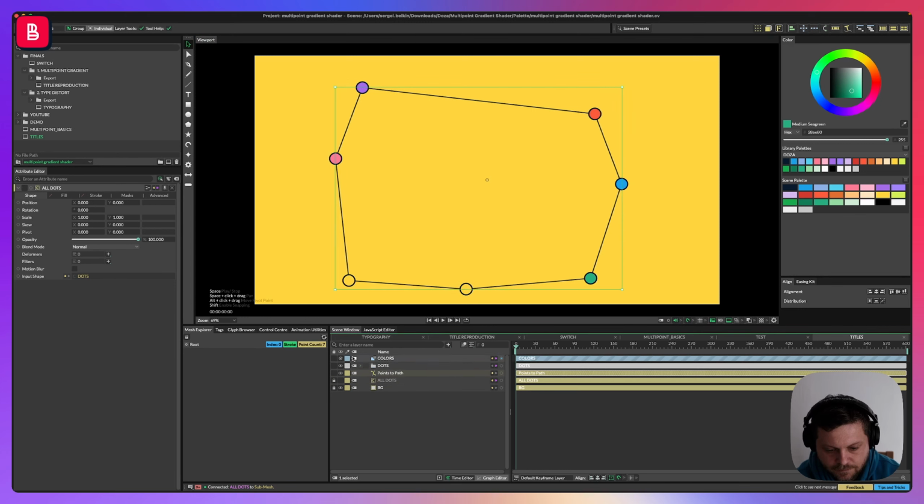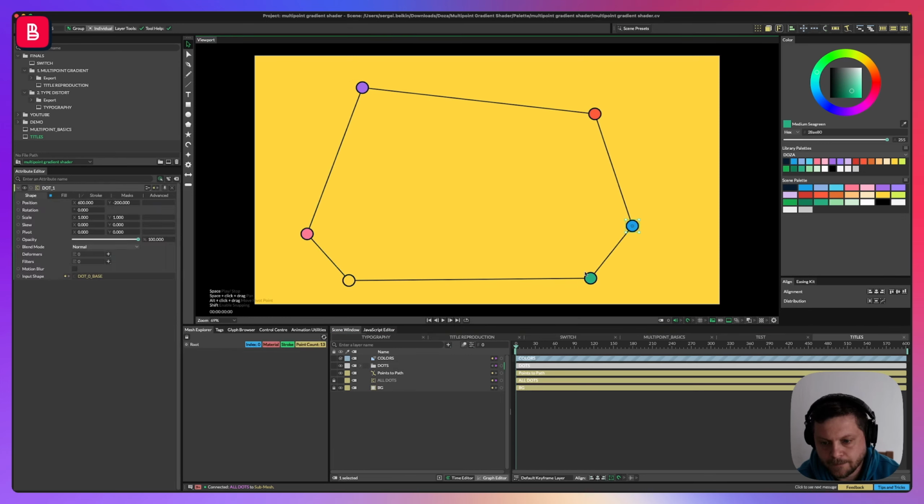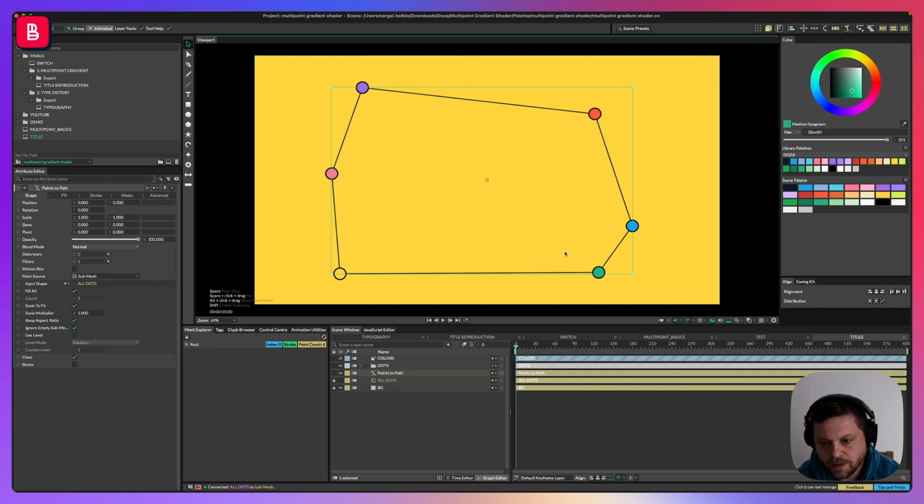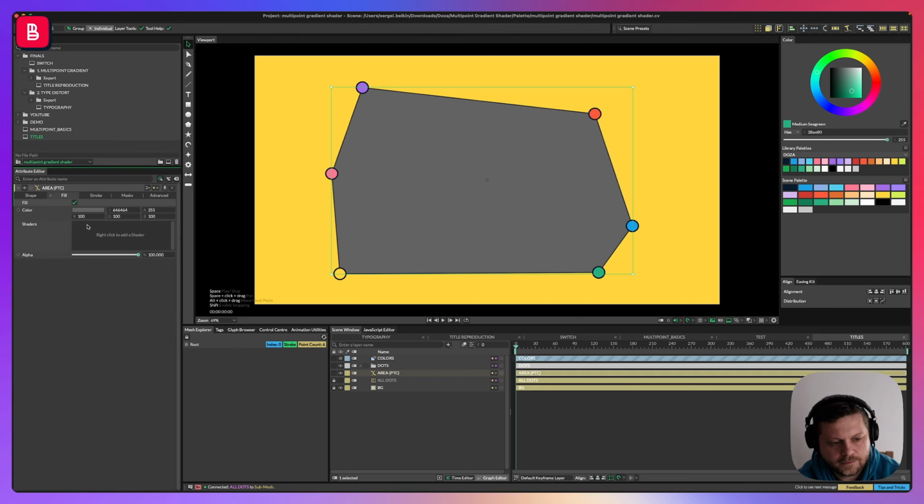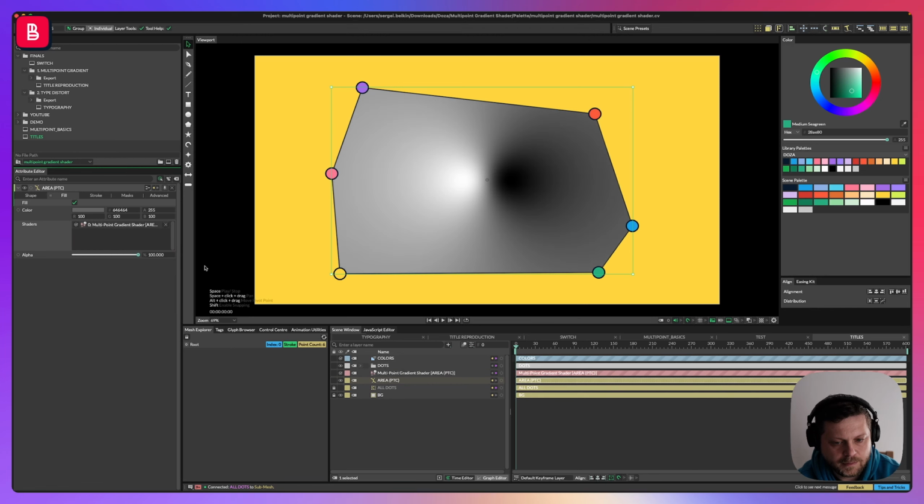So you see, right now let's delete number 6. Yeah, and we're good. Let me reposition them. Right now we need to fill it with the multipoint gradient. So let's go and call it area points to curve. So if we go here and fill it, everything kind of looks okay. We had a multi-gradient point shader,